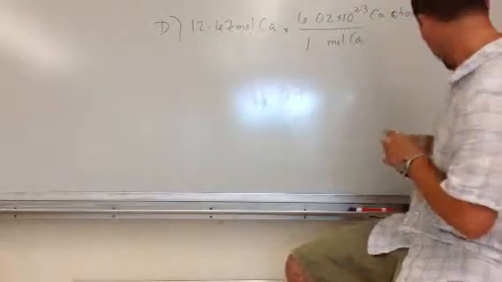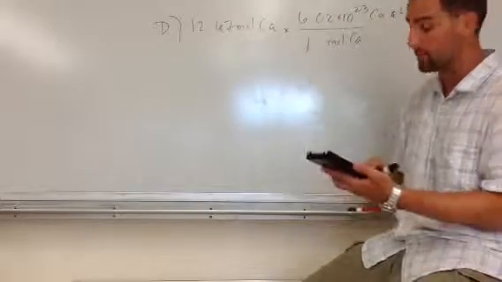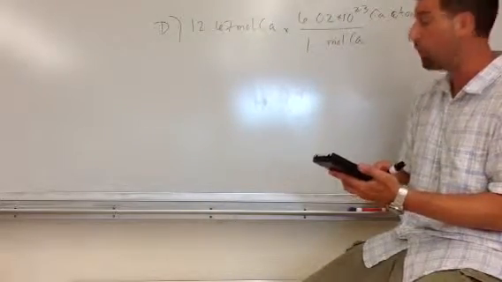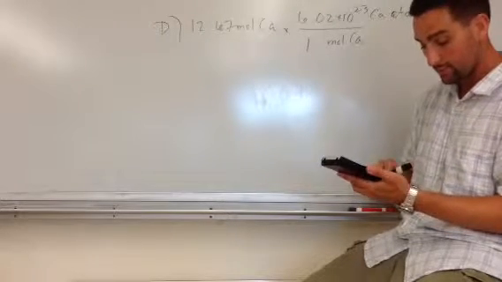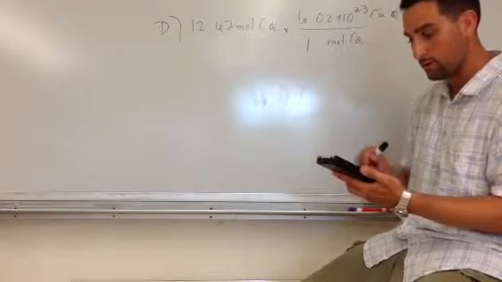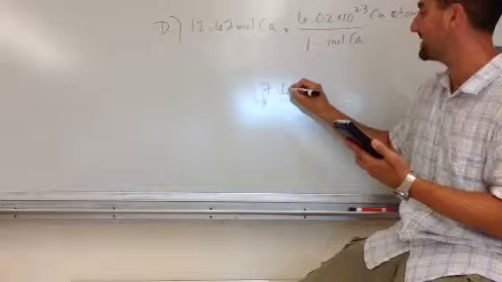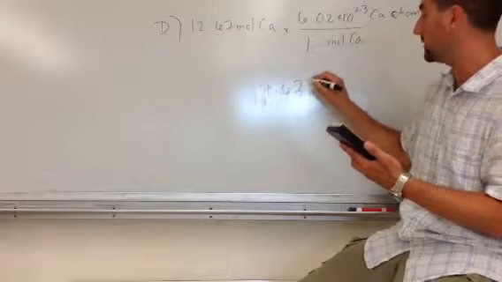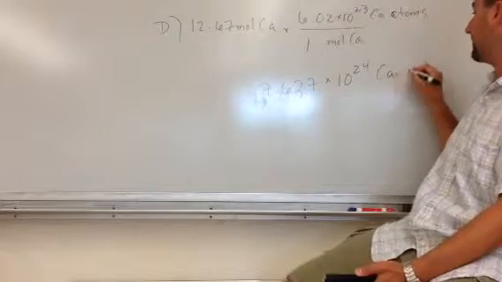So if I calculate this, I should have an answer to 4 sig figs because of this number. So 12.67 times 6.02 times 10 to the 23rd, to 4 sig figs, I get 7.627 times 10 to the 24 calcium atoms